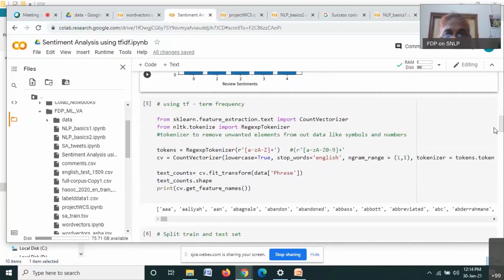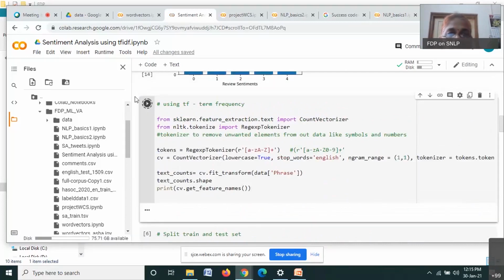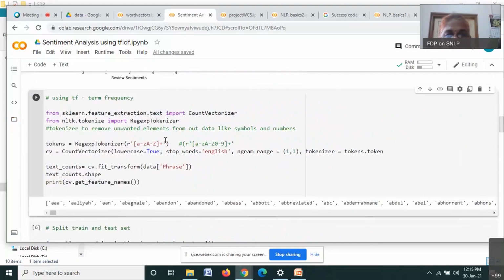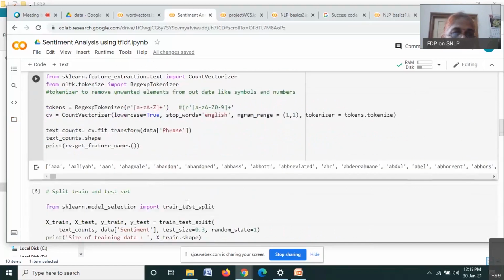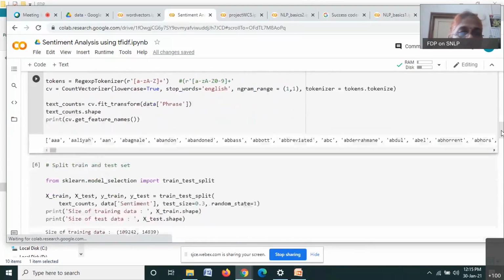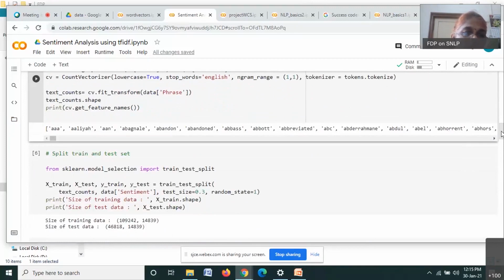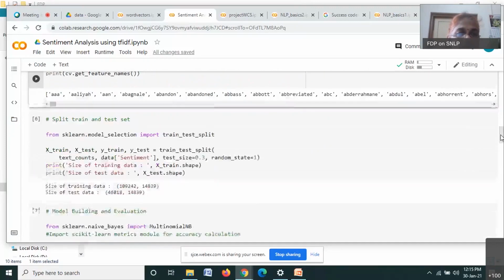And I'm using count vectorizer and the fit transform. Because we have the entire data set in one file, I'll split this into test and train set. The train set goes for building the model, and the test set goes for evaluating the model.